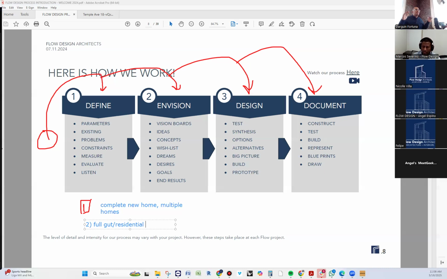Like, let's see what's applicable. So you're now trying to establish: is it applicable that we're going to need a Hertz rater? Yes or no? So full new home, yes. Full gut, yes. Is it an addition of living space,